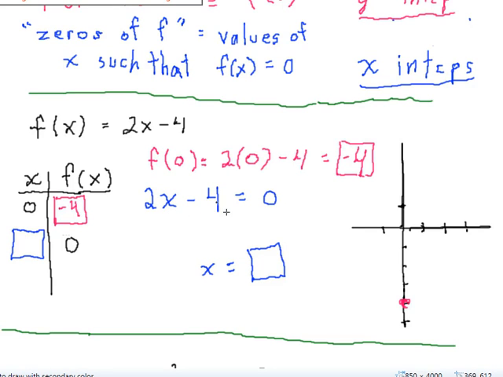we set the function 2x minus 4 equal to 0 and solve for x. Well, if we add 4 to both sides of this equation, we get this. Now if we divide both sides by 2, we will get our x-intercept 2. Put it in the table here and plot it